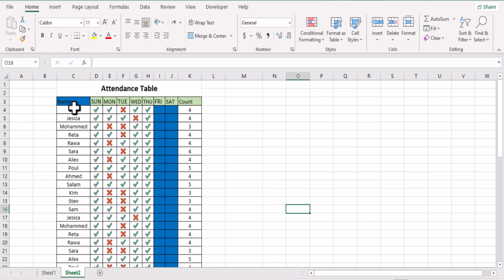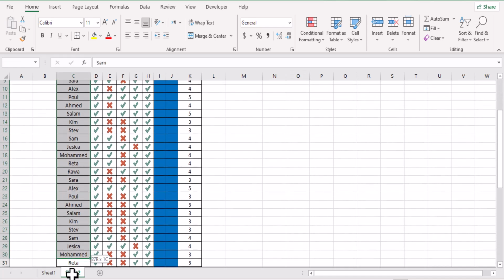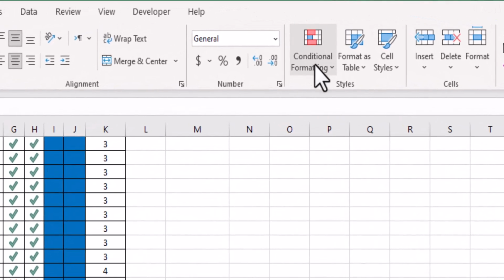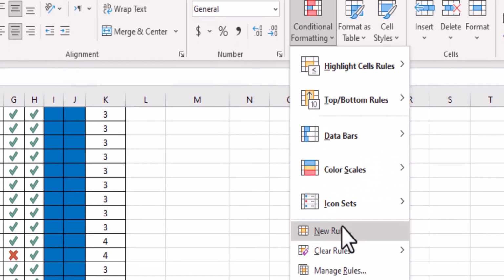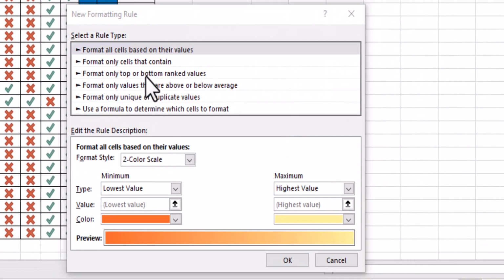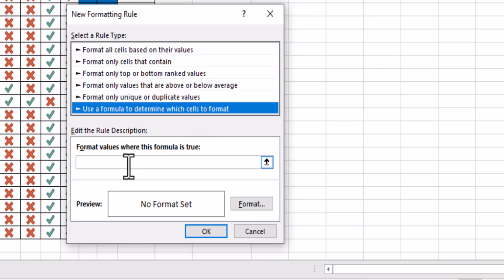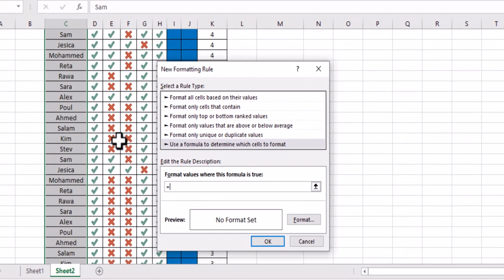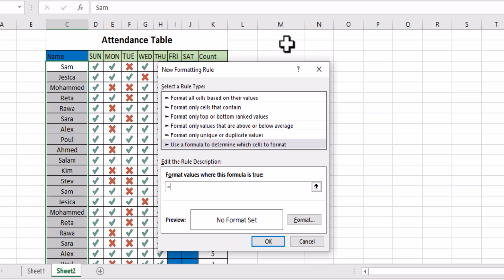It's super easy. First of all, select your data, conditional formatting, click on new rule. From here, choose the last one, equal, choose the cell that you want to search in, again equal,